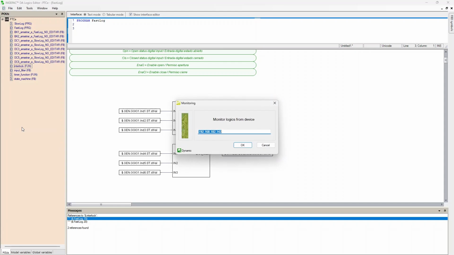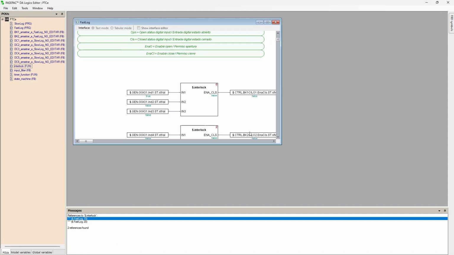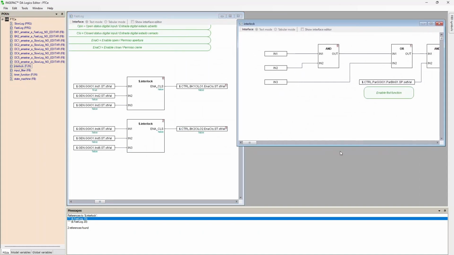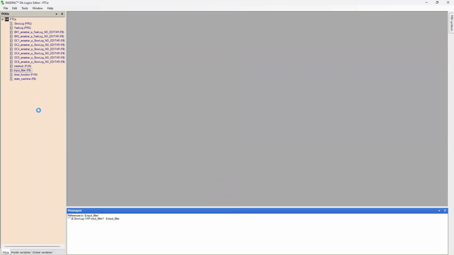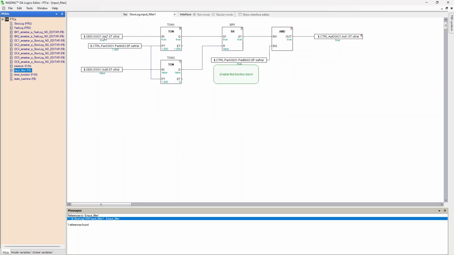We will turn the monitoring mode on to analyze the effect of our settings in the logics. Since the first parameter has a yes value, this function will be enabled and the output will activate depending on the inputs. The second example's function, which uses the third Boolean parameter, will also update its output due to the parameter's value.